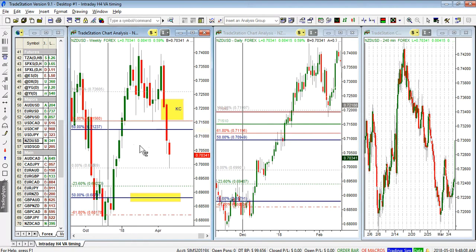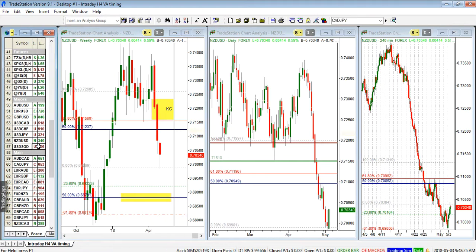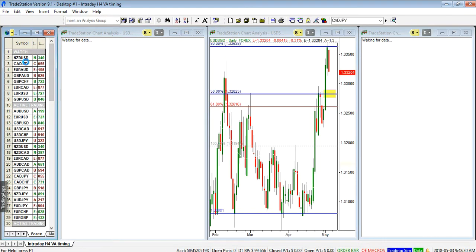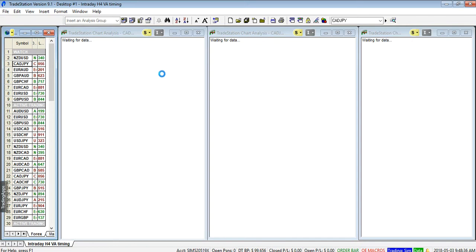So I'm going to use 71.23 here. There are also different levels, daily levels that could come into play. If we get a very deep retrace in this market, it is going to be into 71.20. And we already reviewed the US dollar, Singapore dollar, so let me review some other markets that could be of interest here. Canadian dollar, Japanese yen,